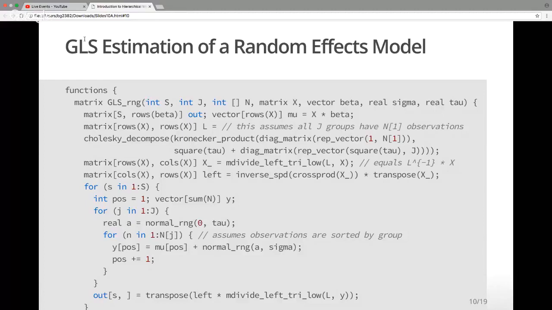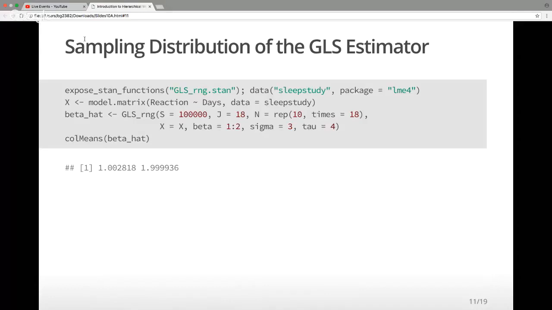Now, GLS is not a particularly useful estimator for reasons which we'll see in a second, but there is an estimator. You can also do this by maximum likelihood, but then you have to do numerical maximization. Not that difficult to do, but difficult to depict in a Stan program. This generalized least squares gives you a so-called closed form solution for the estimator of beta.